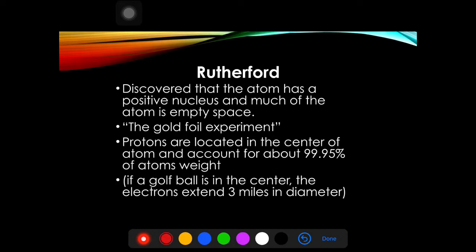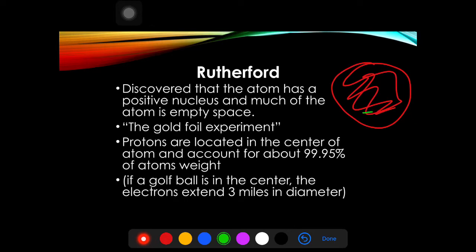Now, this was fine, but there were still a bunch of scientists trying to explain this a little bit better. And one of these scientists was Ernest Rutherford. And Ernest Rutherford discovered a few very important things. First of all, he discovered a positively charged nucleus. The second thing he discovered was that the atom is mostly empty space. So he looked at the atom and he said, wow, I would have thought that the atom had positive charge throughout with these electrons, but that's not at all what I found. And actually, he discovered this quite by mistake.